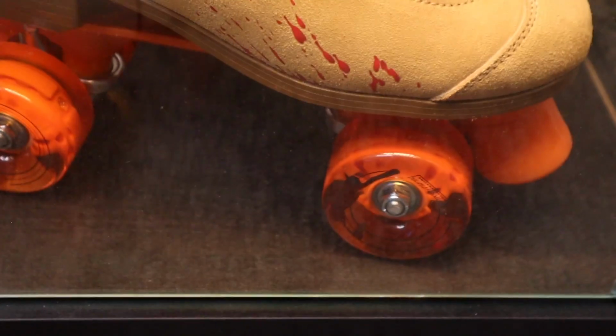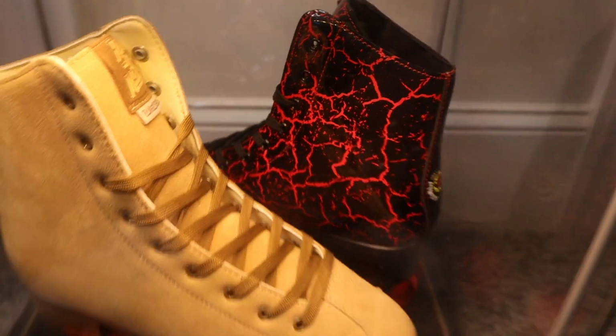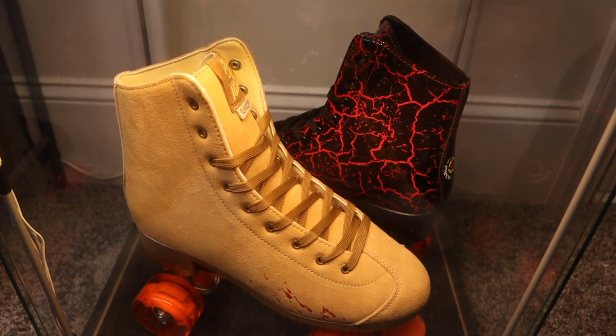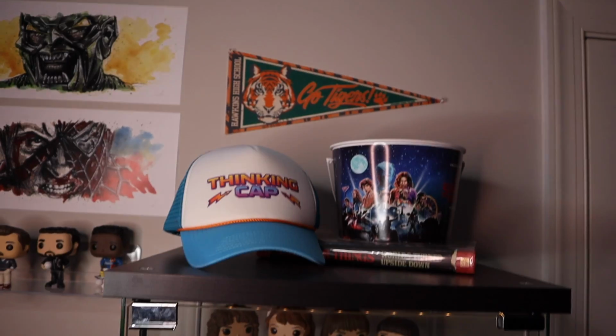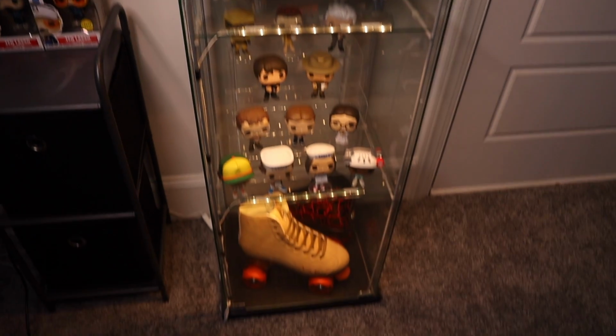We've got orange wheels that actually light up when they spin. We've got the Rinkomania tag on the tongue. And then in the back, I've actually got some Hellfire skates, but I wanted to display one of each because they're really cool collectible items. And you guys can actually pick up your own at Walmart. So that is my Stranger Things museum, as I like to call it, but let's move on to the next